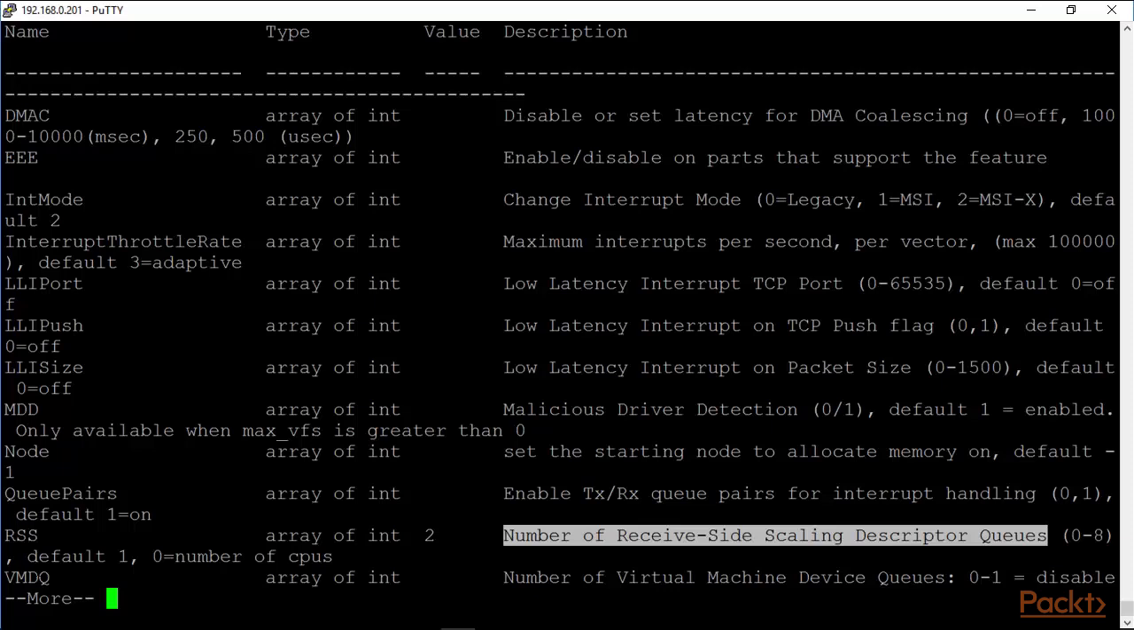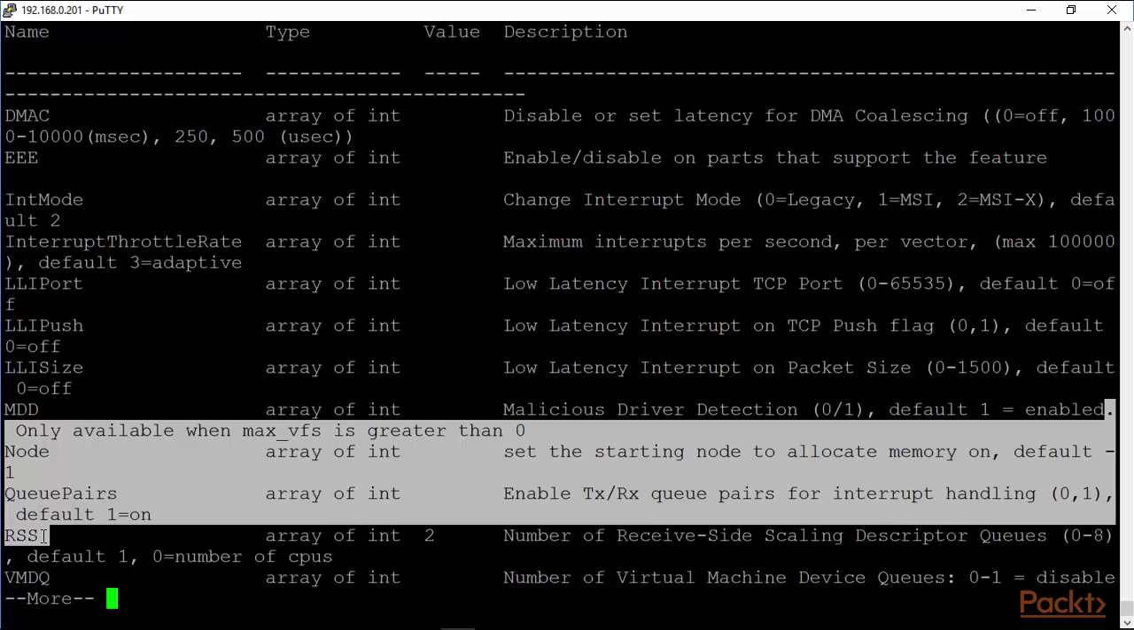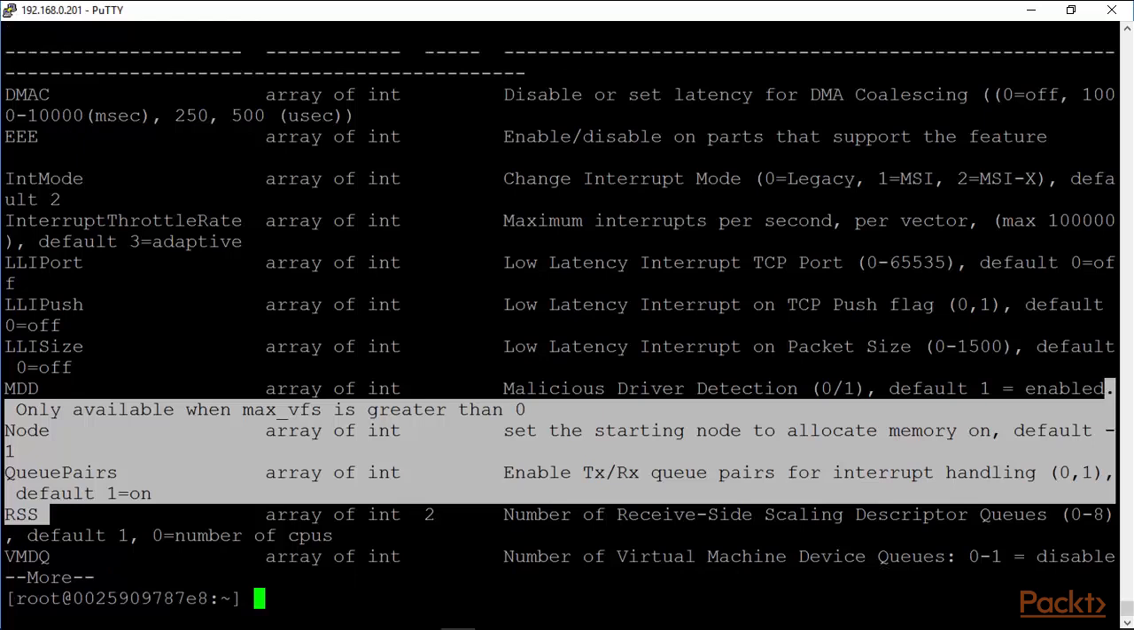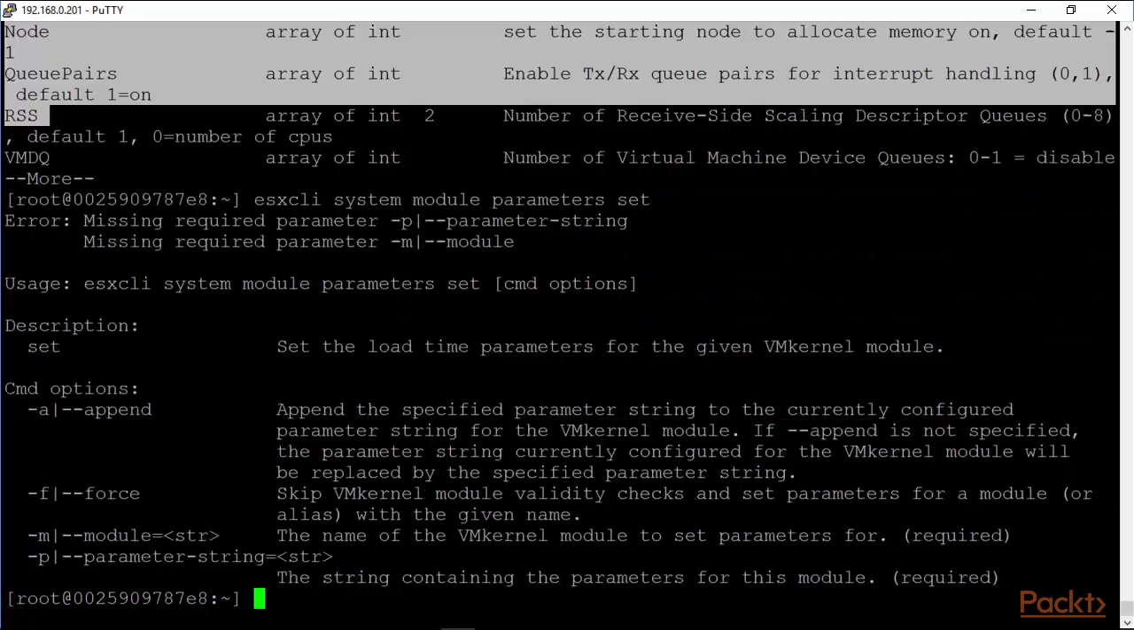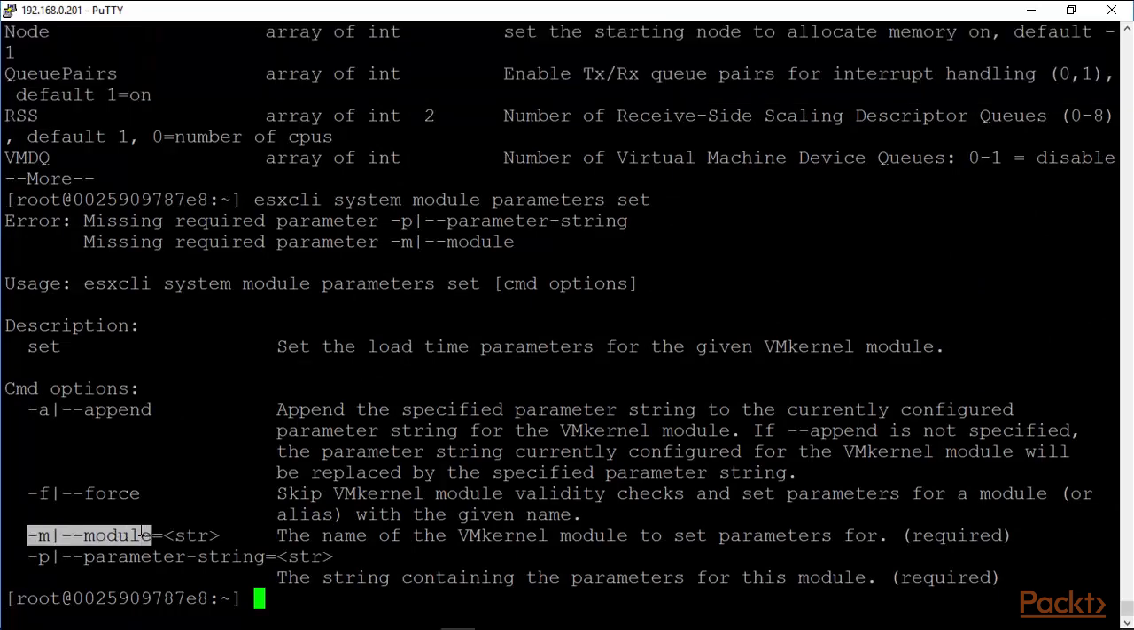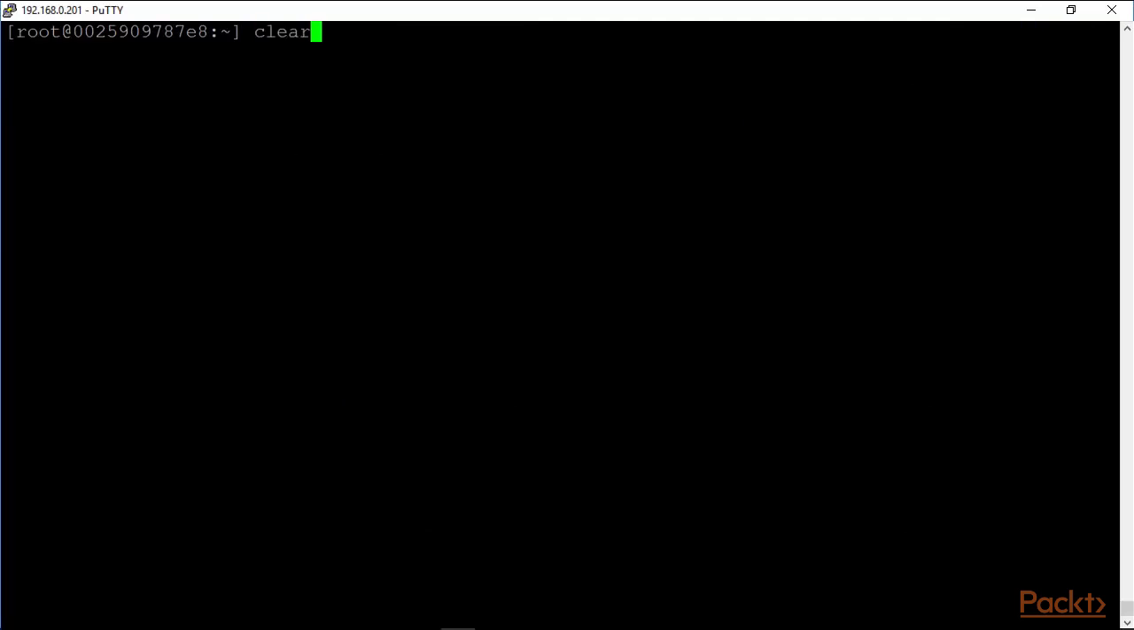So let's see if we can change this. The name of the parameter is RSS in capitals. So we Control-C out of this, and we look at system module parameters set. Okay, and hit the enter key. And we'll see that what we need to do is give the name of the module, and with a -p the parameter and the string. Okay, so let's clear this,